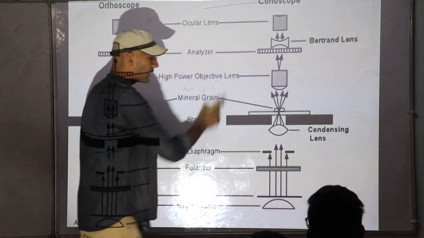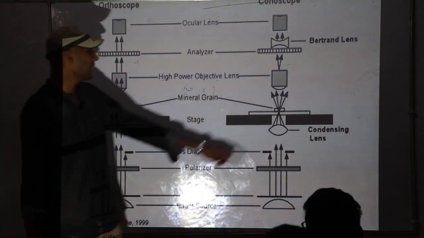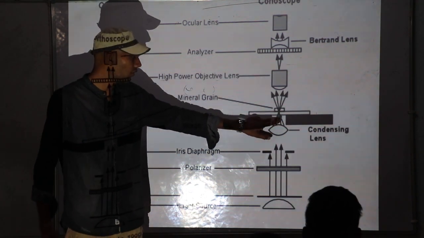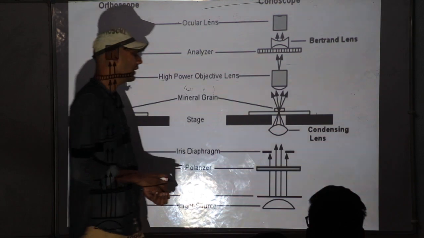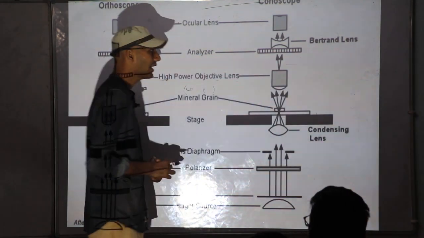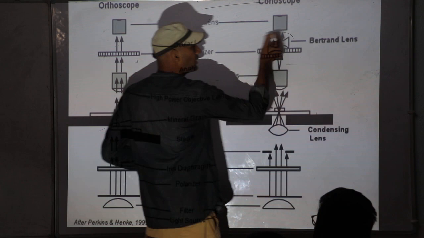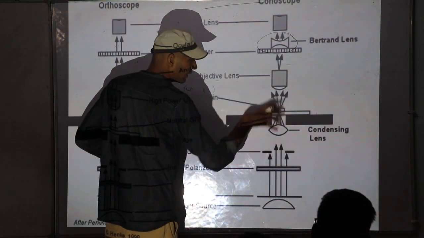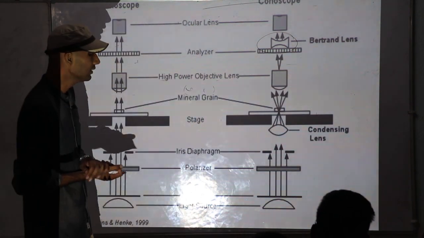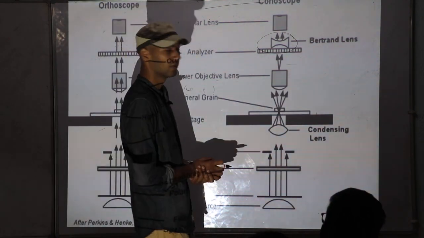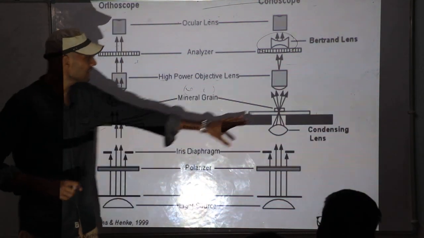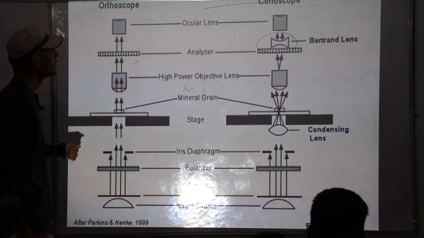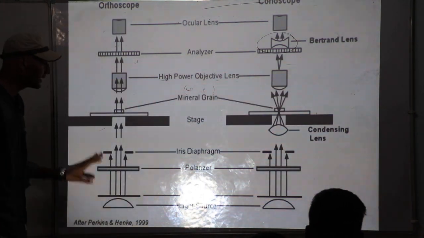But in conoscopic, you can see that by using a condensing lens or biconvex lens, the light rays fall in the shape of a cone on the crystal or mineral plate. Then those are vibrating, they are moving away from each other. So we are using a Bertrand lens or removing the ocular to increase the field of view, or to see more of the rays. Okay. So this is the setup for viewing an interference figure, the conoscopic arrangement. This is orthoscopic, that is the general setup.